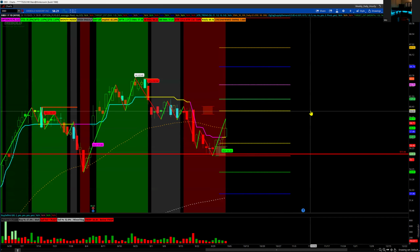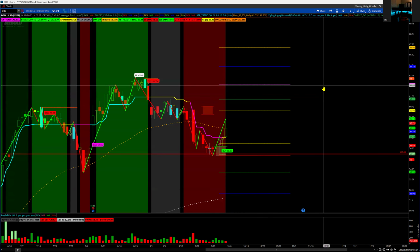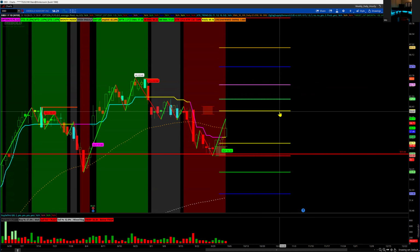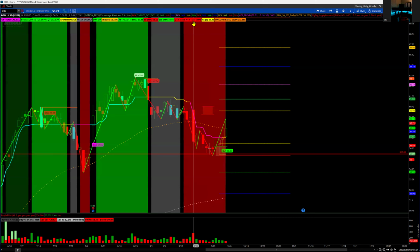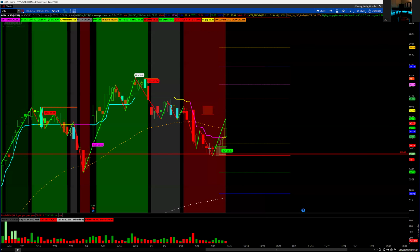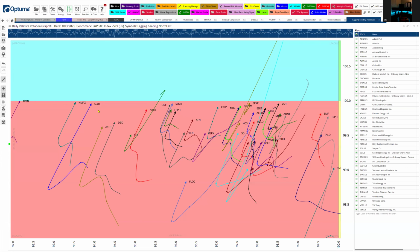What do you want to target? 60, 61, 62, 64, 66? Well, how far is it going to go? Well, nobody knows. The stock moves $1.34 on the ATR. So, this is small cap, so some names can be